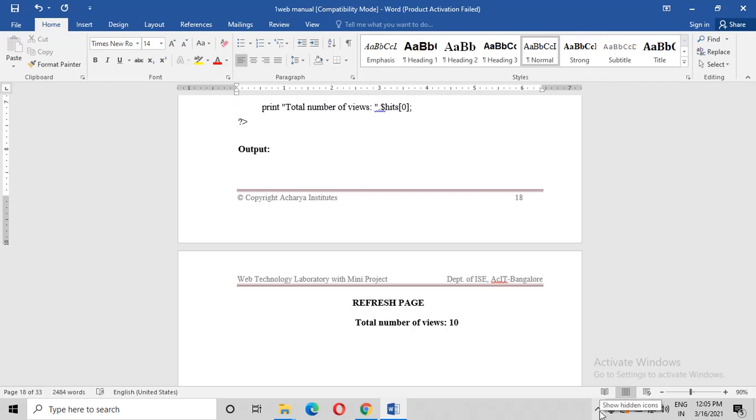So what you have to remember: the fopen function opens the file. The syntax is file name and the mode. The file name specifies the name of the file to open. $hits is equal to fscanf with $file and %d, remembering to specify the file name and the decimal number. fprintf specifies where to write, the format, and the argument you have taken. Only these three, if you remember, then you are done with the 6th program. Hope it is understood. Thank you.